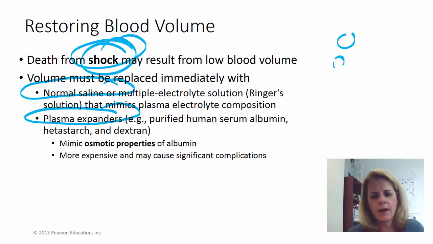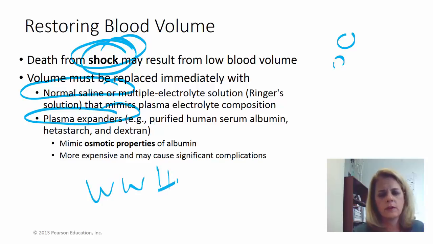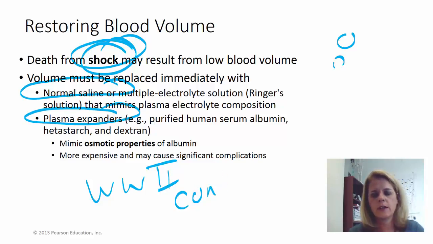One little side note, back in World War II, that's a long time ago, in the South Pacific, they found that they could use coconut milk or coconut water, so the liquidy stuff inside of coconuts, to prevent shock. Now, it doesn't help you with carrying oxygen. There's no cells in it, but if you were becoming shocky, they could at least get that coconut water into you, because it was very isotonic to blood plasma, and they could use that as a quick plasma expander and get your blood volume back up, prevent you from going into shock, stabilize you till they could get you somewhere for more help. So again, just a freebie, just interesting.